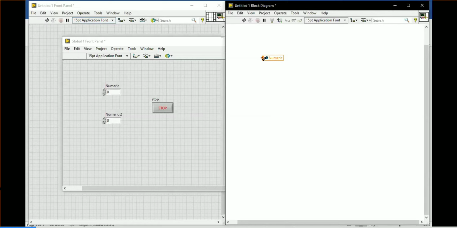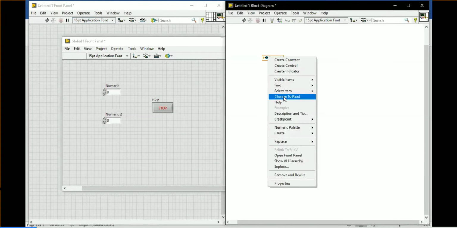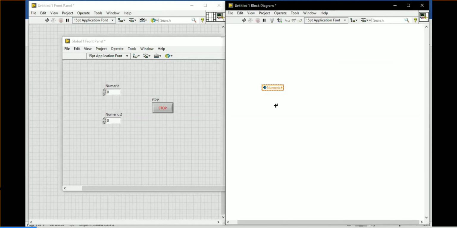That is in the right mode over there, okay. If the arrow mark, if the terminal is on the right side, that means that's going to be a read mode. It is in the right mode over there. Now I am going to right click and go for change to read. I am giving that, okay. So now it will become a read mode over there.